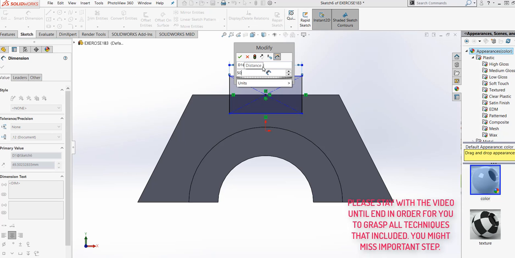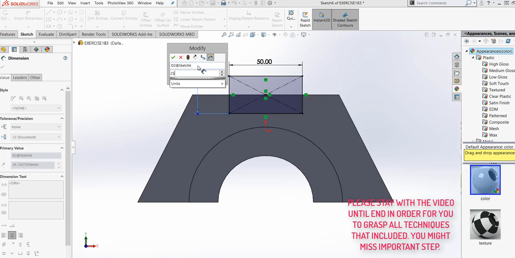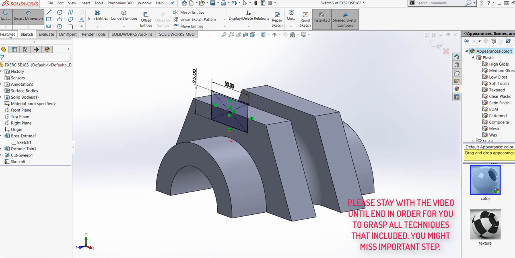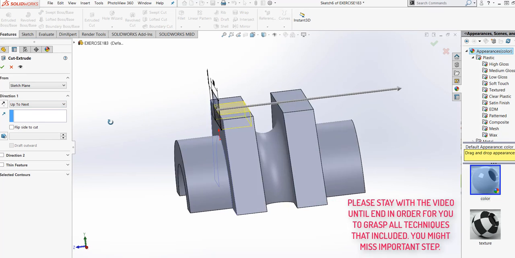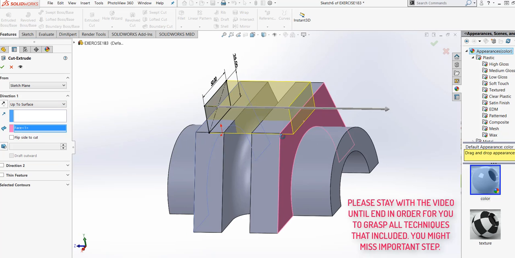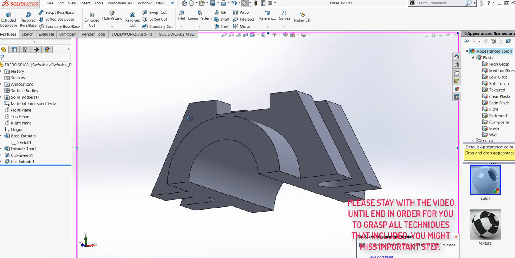It's 50 and 25. Regenerate. Now I wanted to cut that one. Extrude. Next. The next surface is right there. Now it's been extruded.